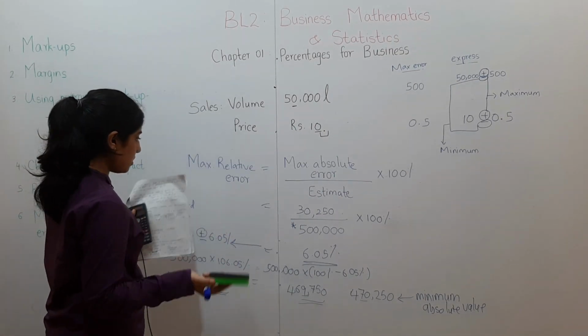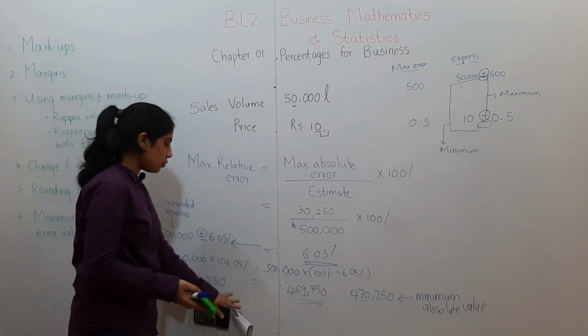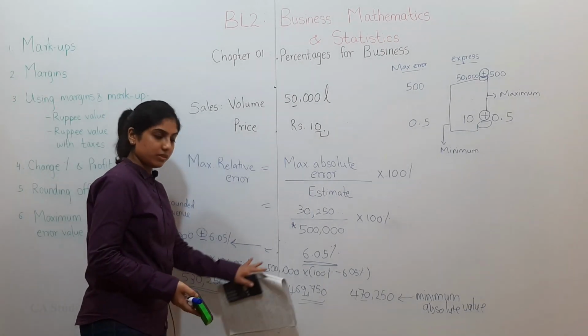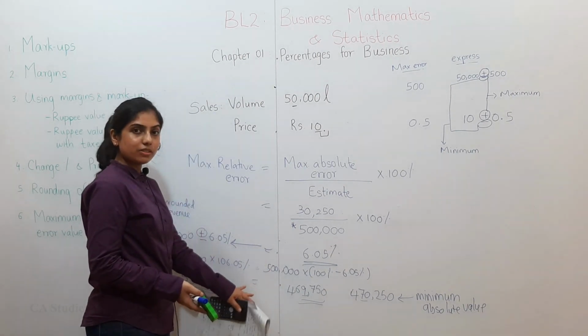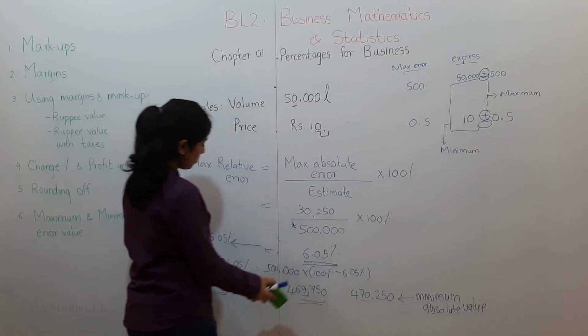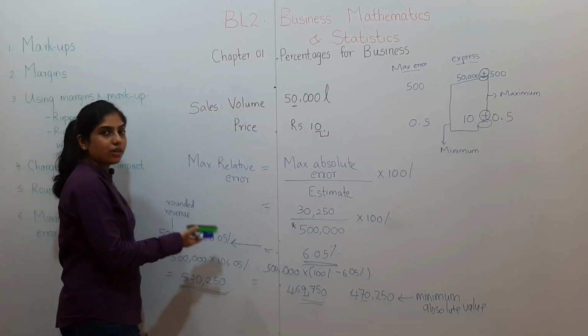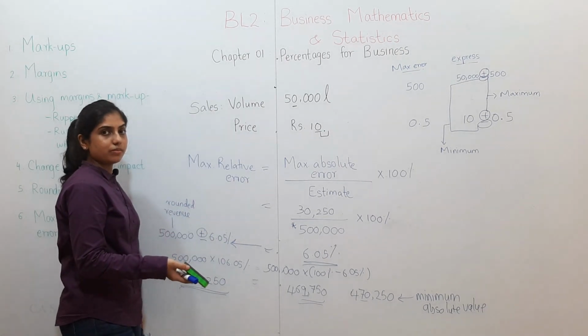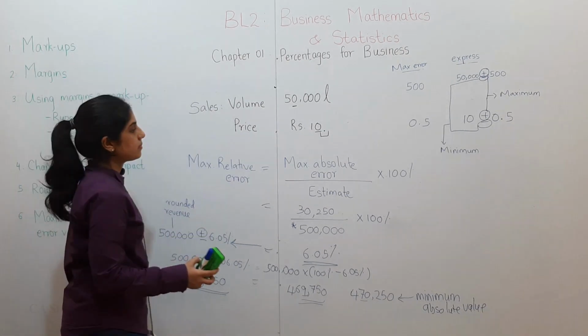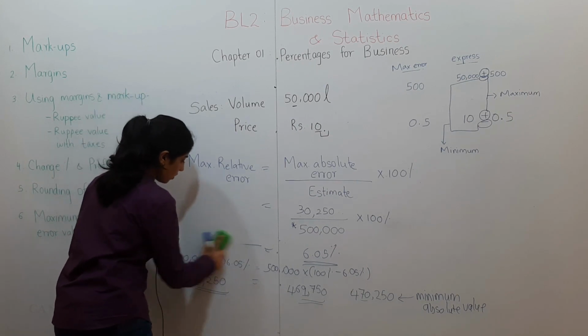Now, what they'll ask is, now this is just to prove only, I wanted to prove it, that's why I showed it, but they will ask you the percentage and to express it like this, and you have to select the correct option. Fine. Now we did it for revenue. Now try it for the cost.